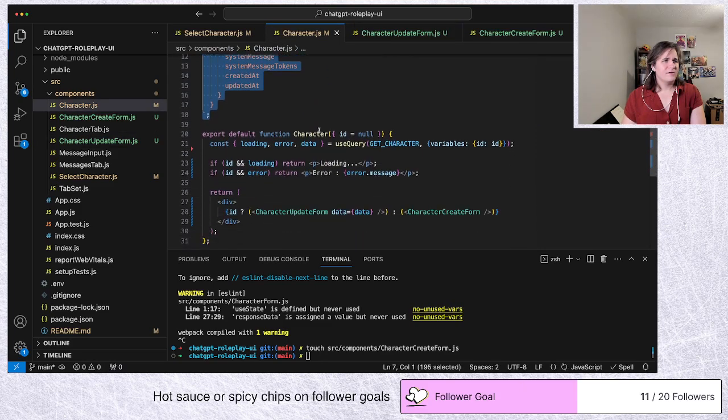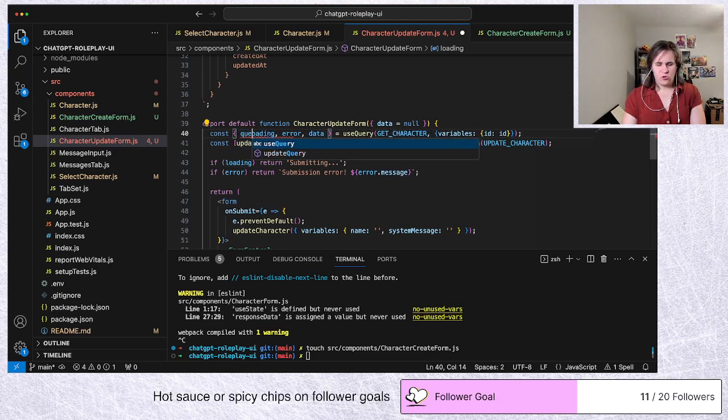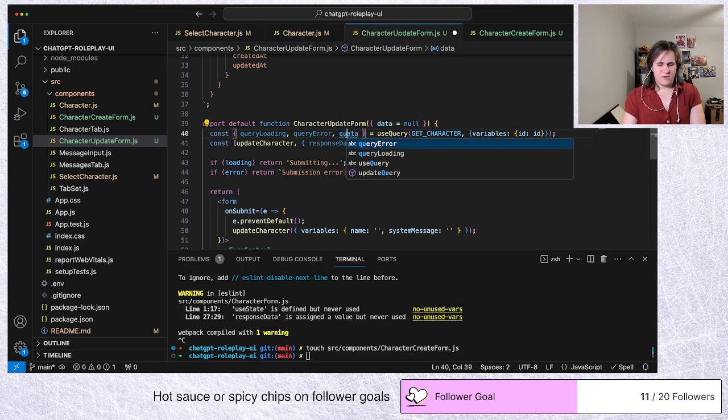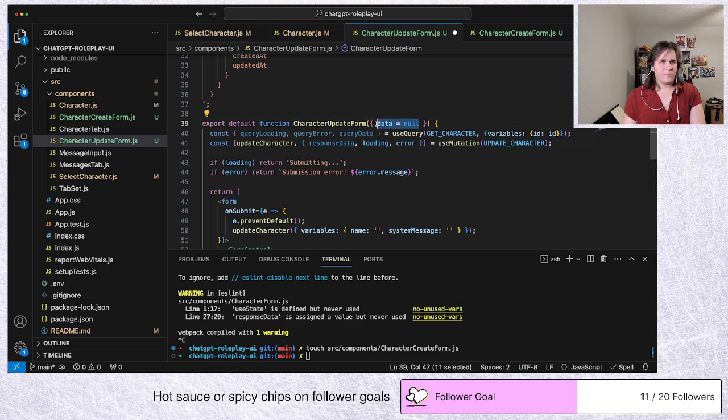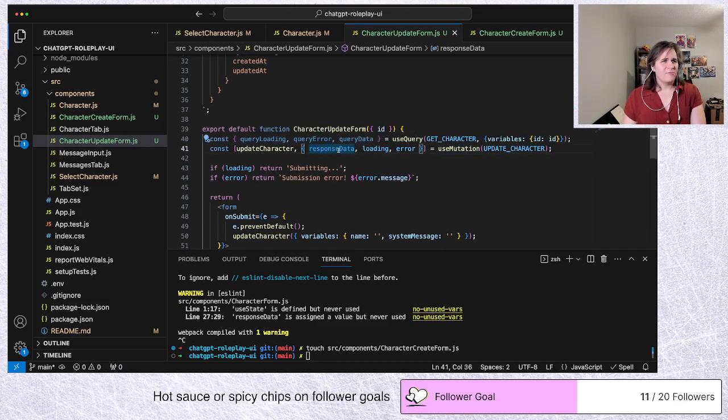Then here, so say this: query loading, query error, and data. I'm going to change this prop to ID. Yeah, okay. And then we're going to make this